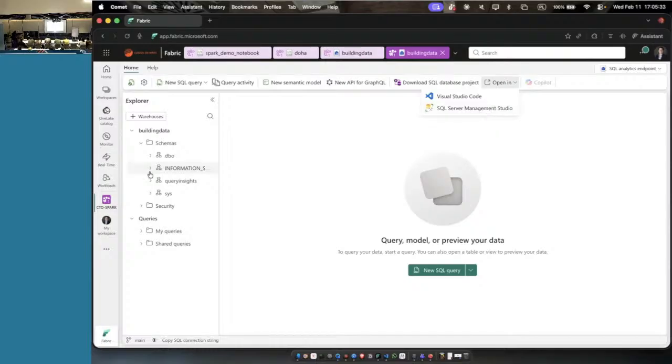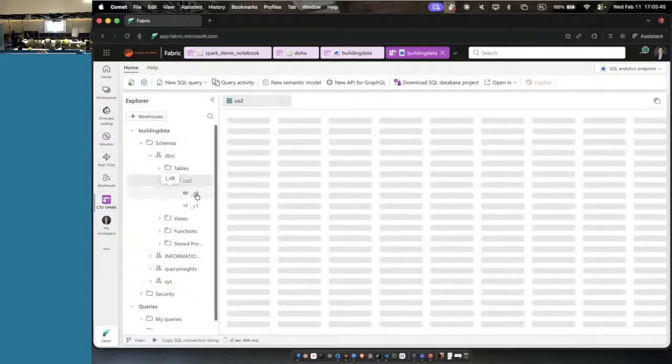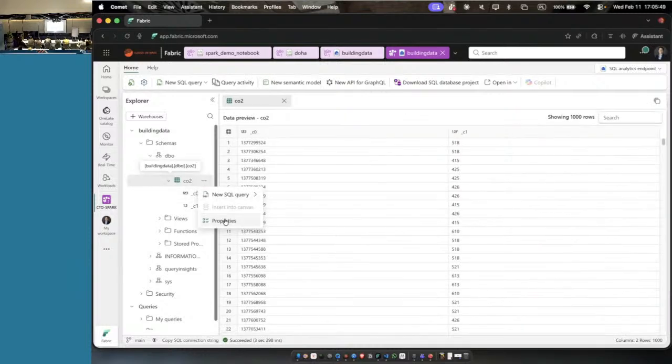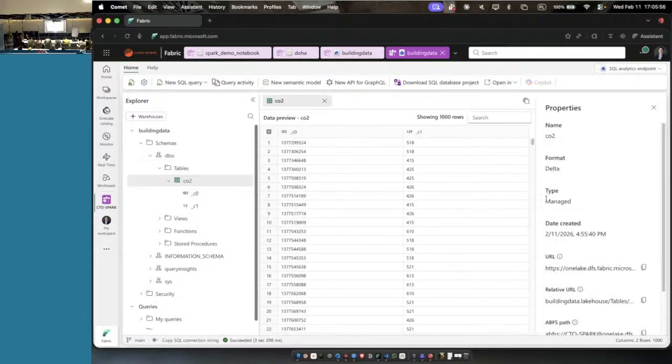Super. So the last element which I want to show you before jumping into VS Code and the demo: take a look. I have a schema, dbo. Then I have a table with two columns. I have a visualization. What are the types of the columns? And now I also would like to take a look at what's the format.